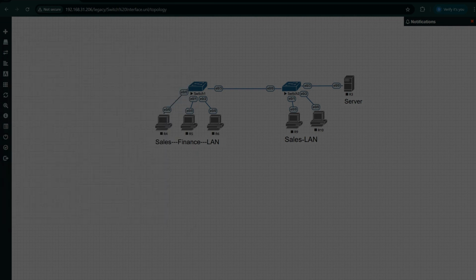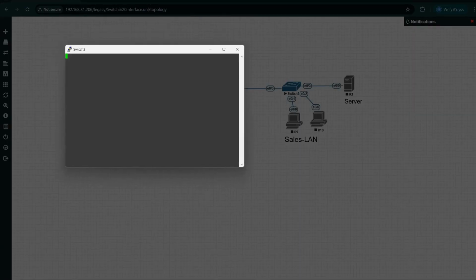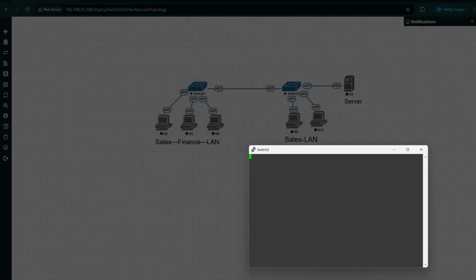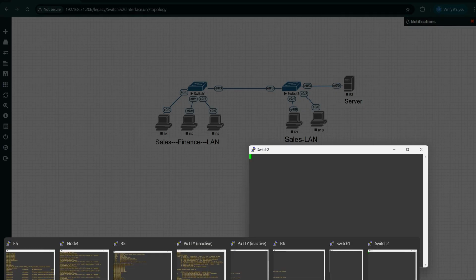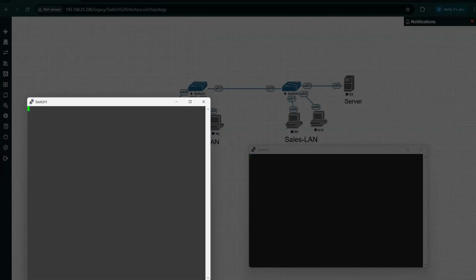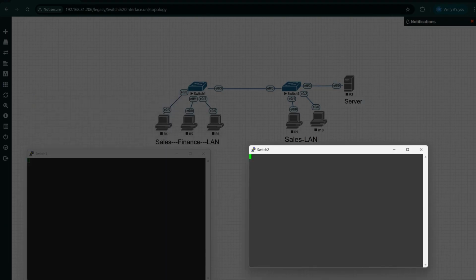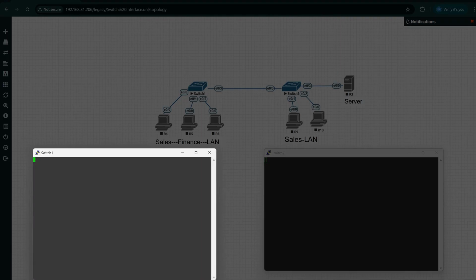Okay, switch 1, and let me also take it out for switch 2. Okay, let me open switch 1 here. Adjust it to the size. It's fine. Okay. So first of all, let me show you